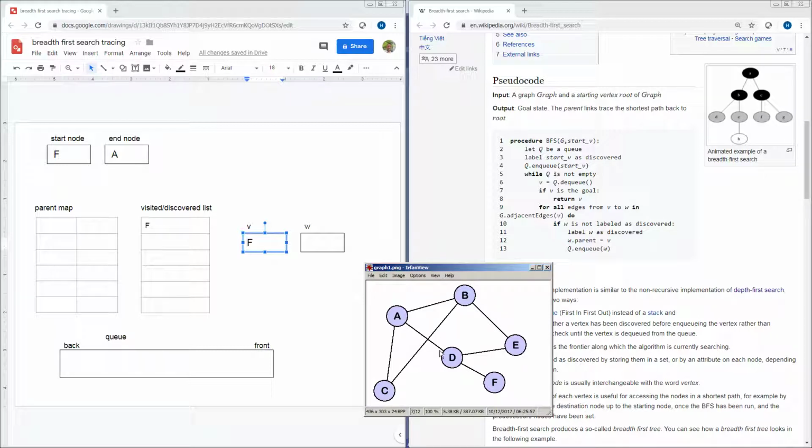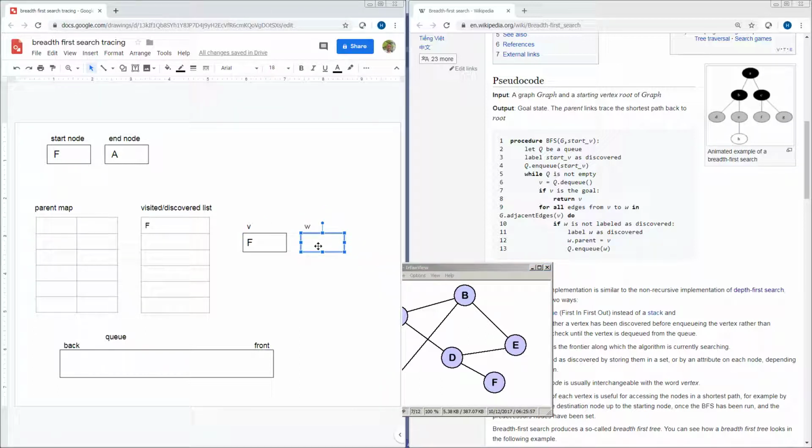So we only really have one to consider. V is F, and W in this case is going to be D, the path from V to W. We only have one from F to D. So W then is going to be D,